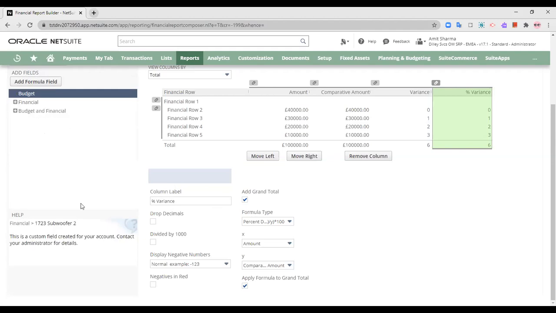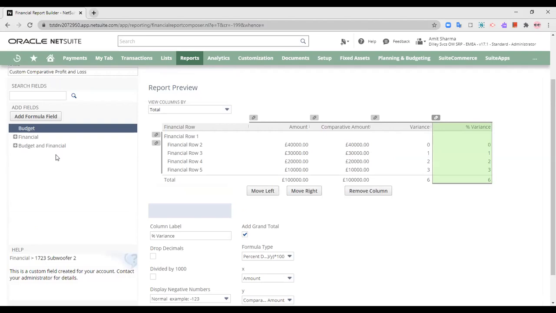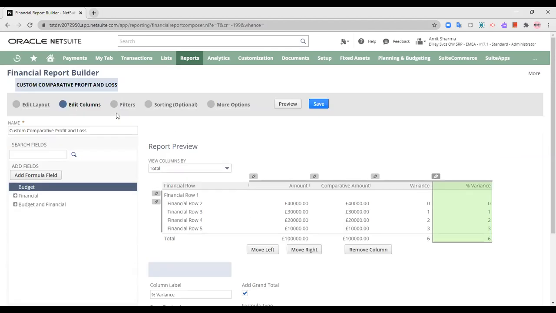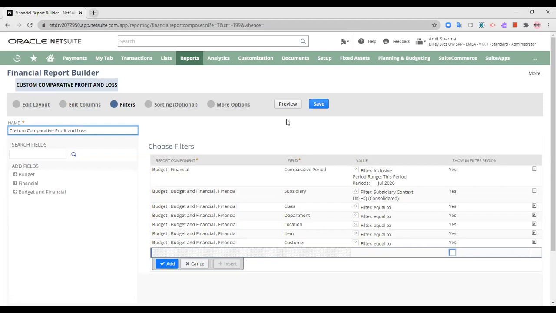There are so many things that you can add and customize in your report. By customizing, you can get to a very granular representation of your report, so that all the specific information that you would like to view, you can view from here by customizing the whole report. You can add filters. As we've seen, there were filters of subsidiary, class, department, location, any particular filter if you would like to include, so that you can view it from the filter bar.